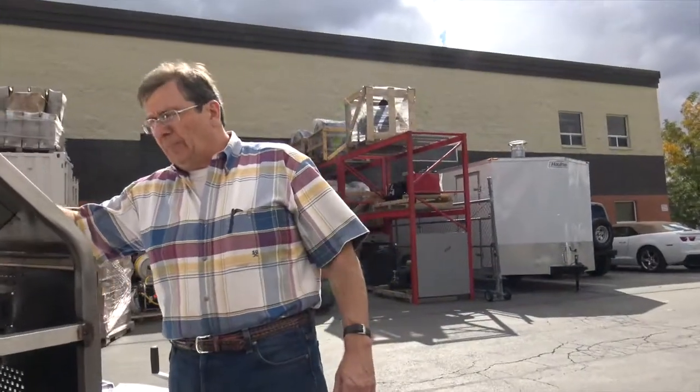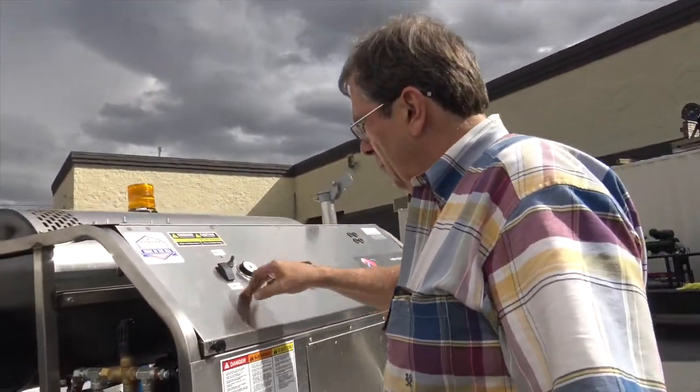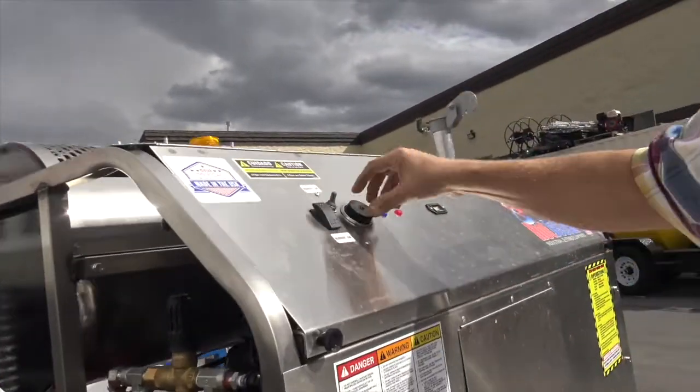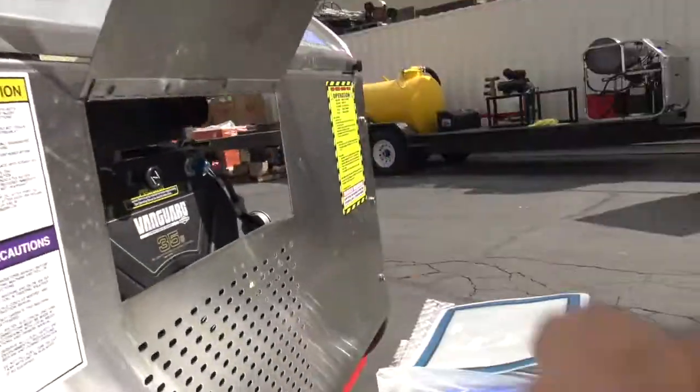Again, back to remote operation. Then this next one will operate it. So burner on, remote on, hour meter, chokes inside,